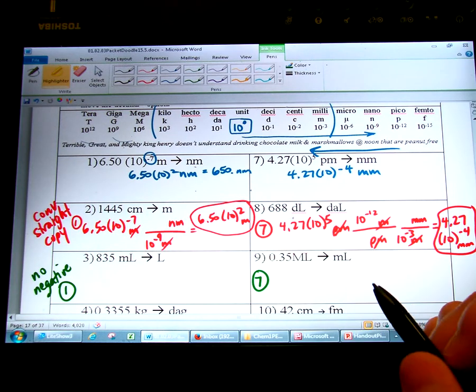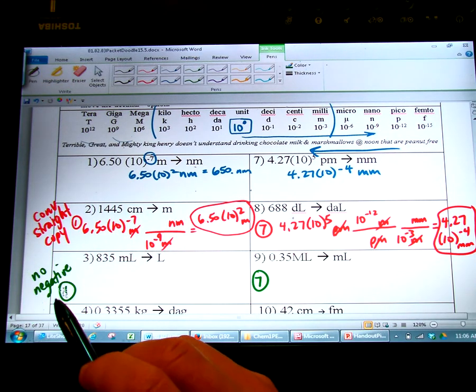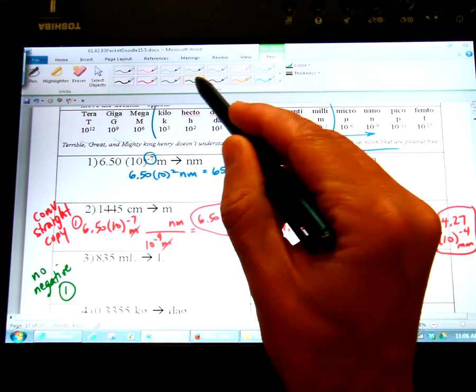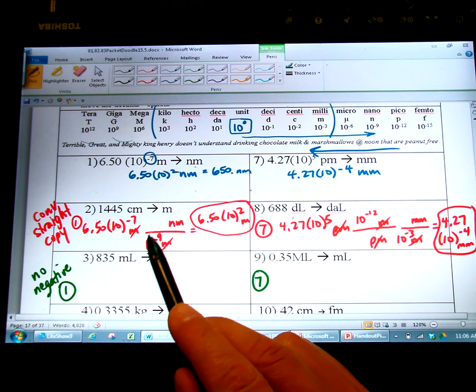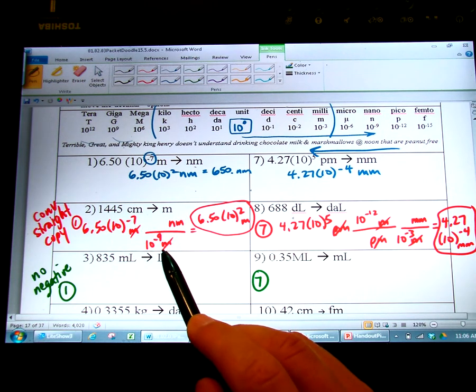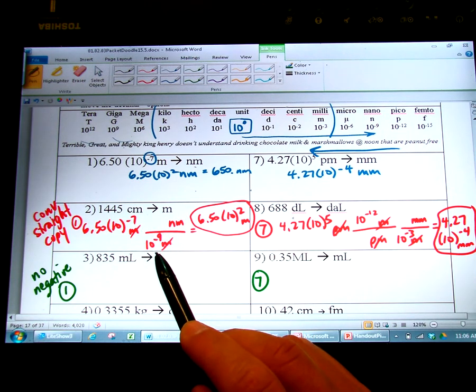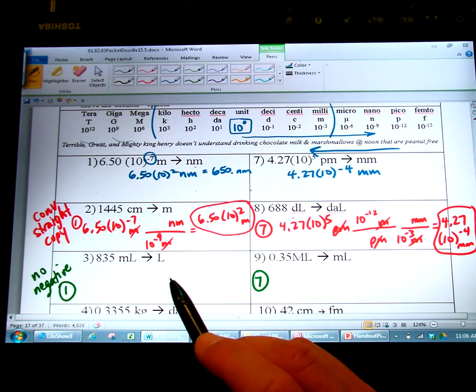The last method I'm going to show you is what I call the no negative option. This is for people who really don't like these negative exponents in their conversions. It just makes them confused. They really don't like the negative signs. They would rather deal with all positives. So this is going to require a little extra thinking on your part, but you will be able to omit